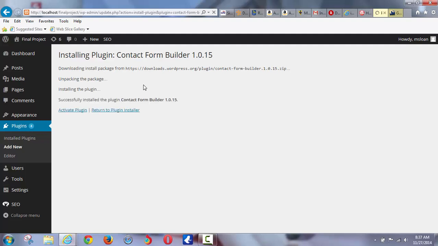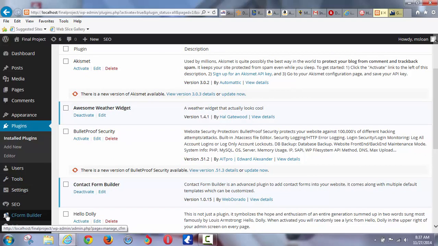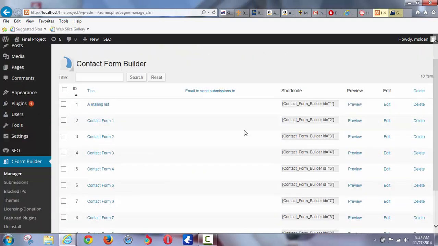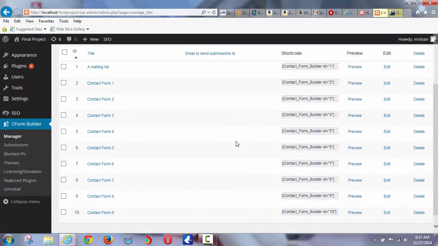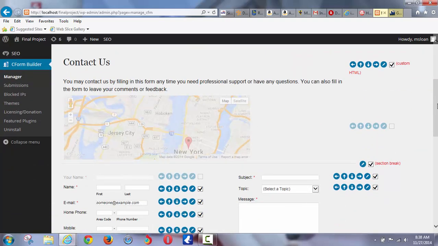Activate. So just like the other one we just used, if you scroll down a little bit, you'll notice this one has its own menu as well, like its own menu items that are built into the dashboard. Okay, it's called C-Form Builder. If you go to Manager, it gives you a whole pile of different examples. Okay, so if I go to Contact Form 5, for example, this one actually gives you a cool looking